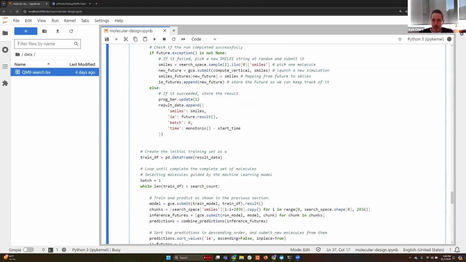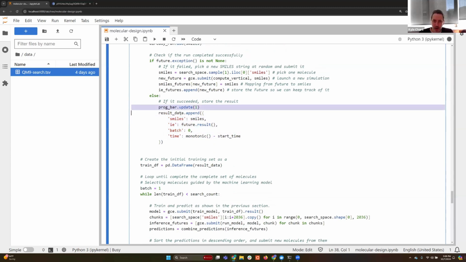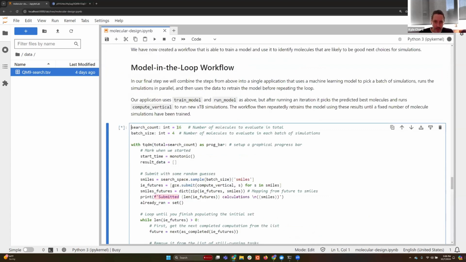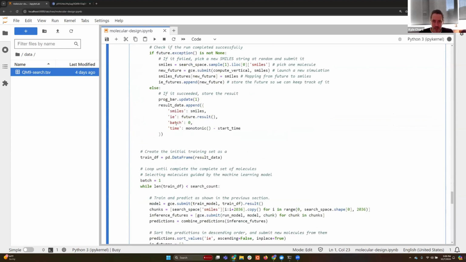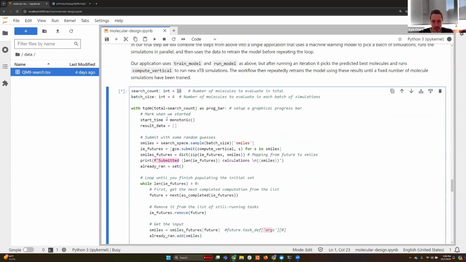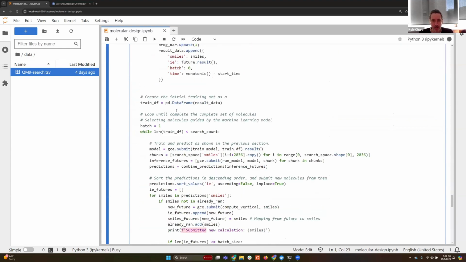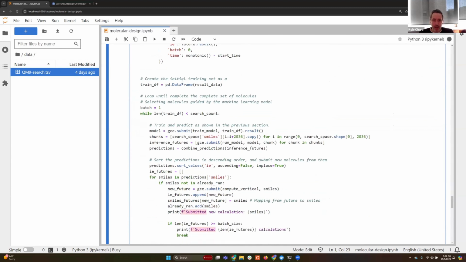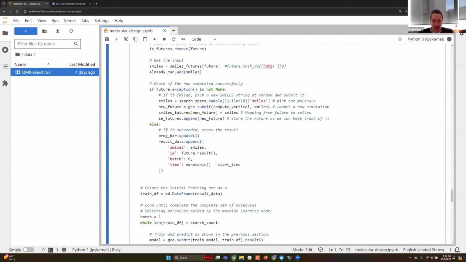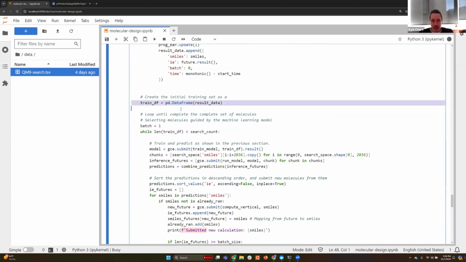If it succeeded, we're going to add it to our result data, and we're going to update our progress bar by 1 so that we can see we're making progress towards our goal of simulating 16 molecules. So we're going to do 4 rounds of 4, which certainly is not going to complete in the time allocated. Now we've got to that point, we're going to get our training